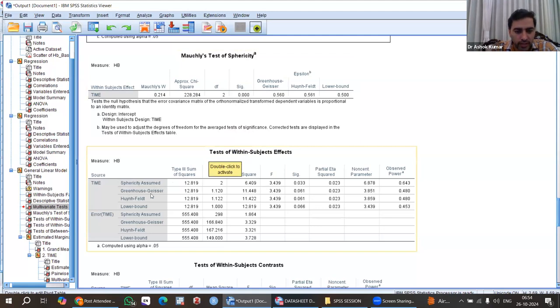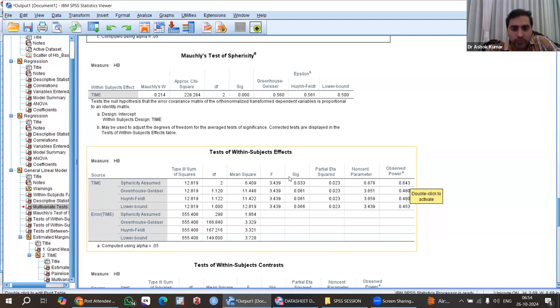So we have to take the p value, F value, and degrees of freedom from Greenhouse-Geisser correction. So you can see here, this is Greenhouse-Geisser correction. This is Sig. Sig means the p value of this